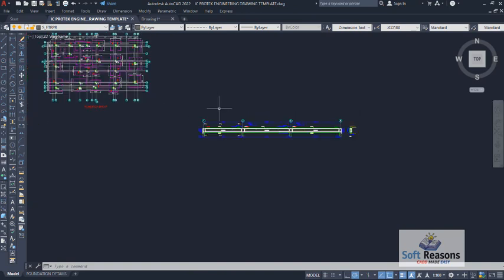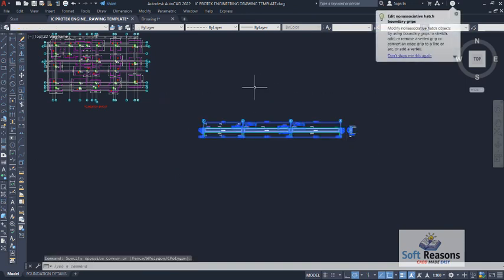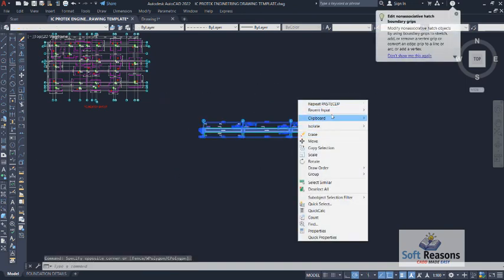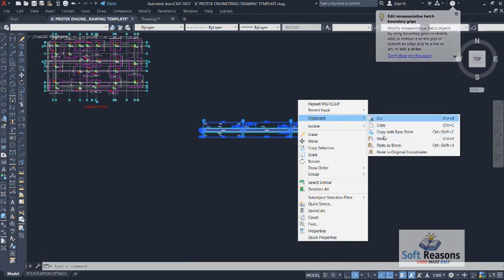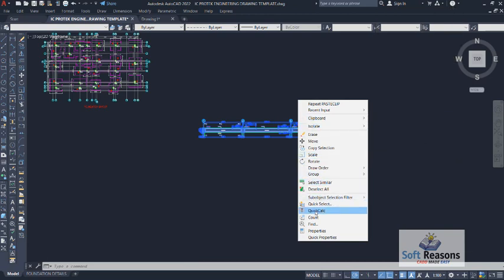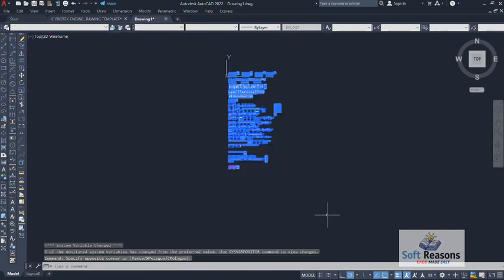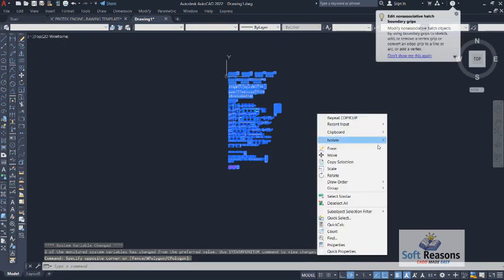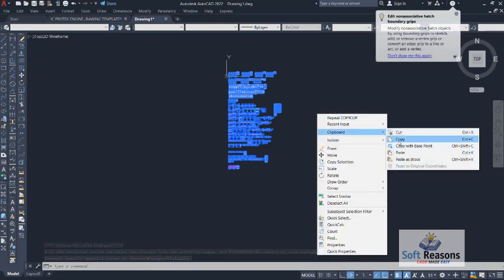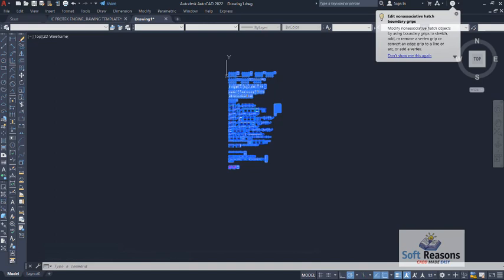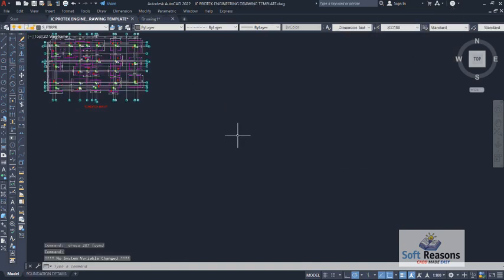All right, so this is just an example of what the template can do to the drawing to ease your editing experience of your structural drawing successfully. I will be deleting this, so I will click on erase right there. So what you're supposed to do after taking this to AutoCAD, you have to select all of this, right click right there, and then copy it to clipboard right there. Okay, navigate to the template, then I have to paste all of this in the template successfully. Ctrl V, click to paste the drawings,